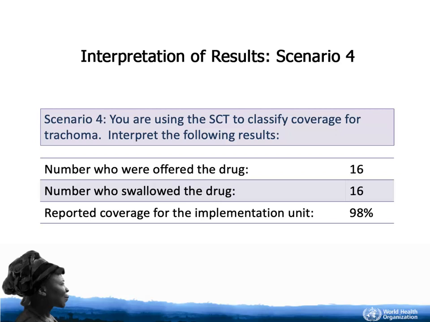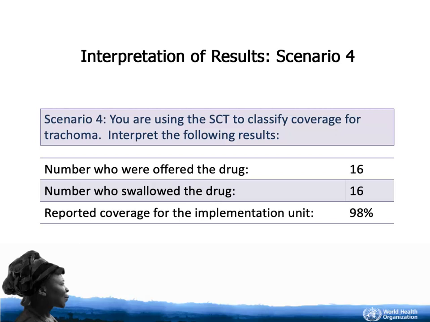Lastly, we have Scenario 4. In this example, the SCT results suggest that the coverage cannot be classified as good, as 16 does not meet the good coverage threshold. However, the reported coverage results suggest that it is much higher, suggesting that there is a discrepancy which needs to be investigated. It is important to note that although we would ideally like to see coverage results that fall in the good coverage zone all the time,